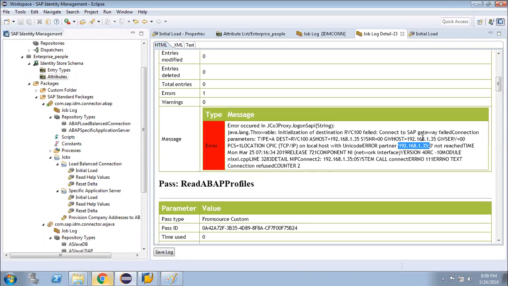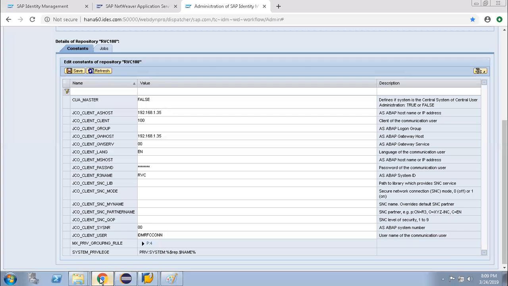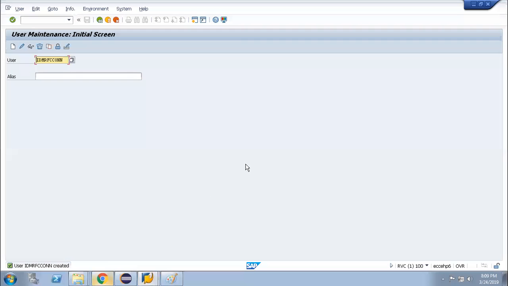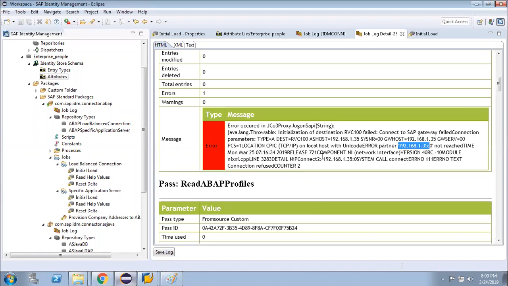System number is this. Gateway is this. Gateway server. System number. The localhost with Unicode error, partner not reached.